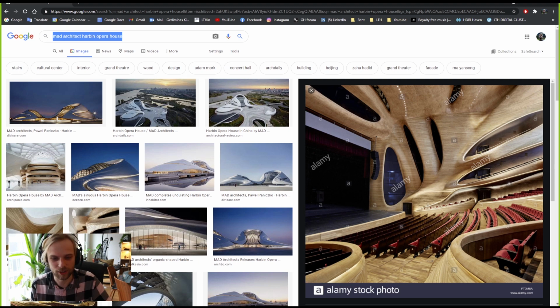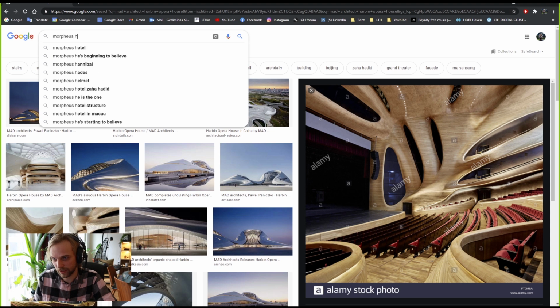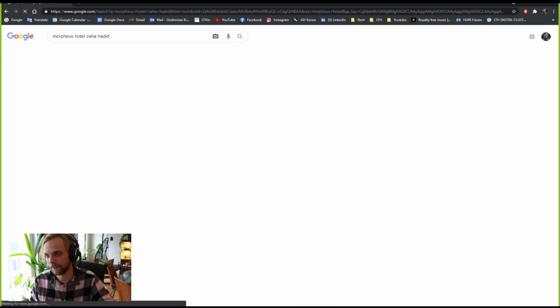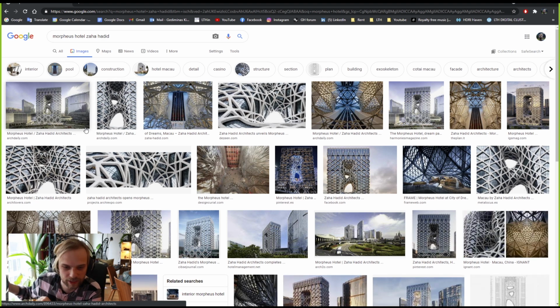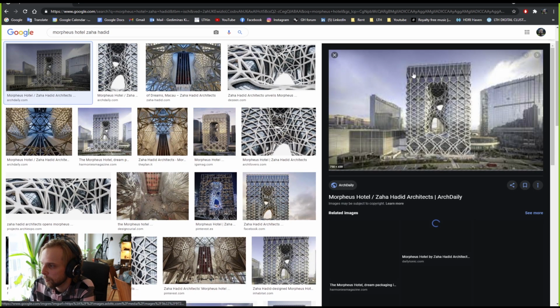Well, honestly, 90% of stuff that they do is SubD, but the one that I want to show you is Morpheus Hotel. Even though it's not as fantastic as other projects, not so much in your face as other Zaha's projects. But the reason why I'm showing you this is because